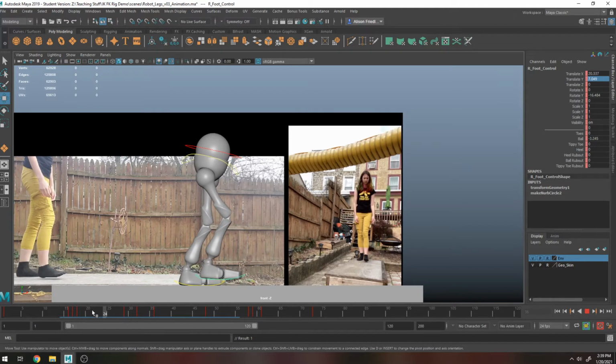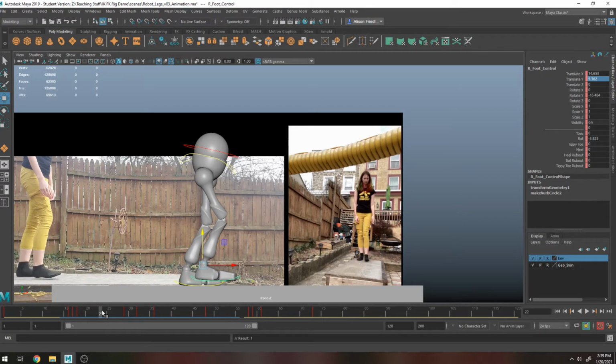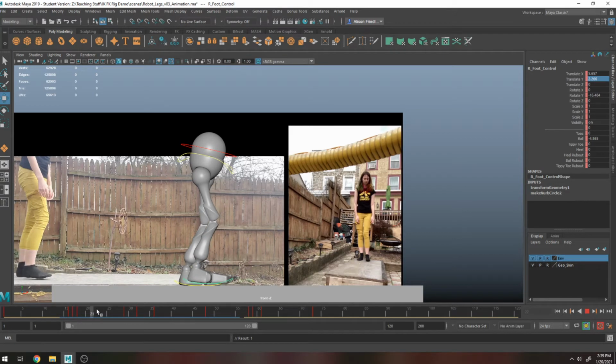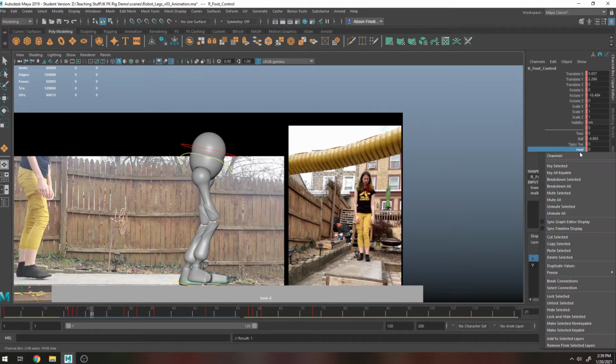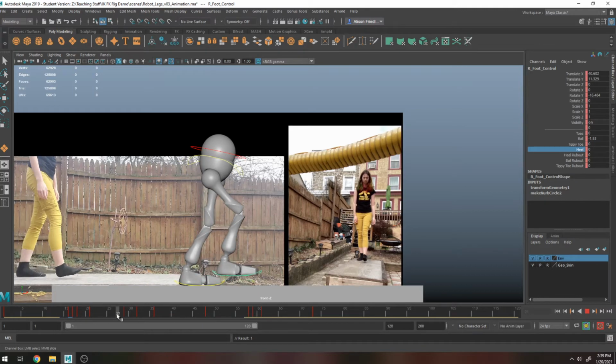And it looks like right here we're getting a little bit of rotation on the ball of the, on the heel of the foot is what I'm going for there. So I'm going to go ahead and keyframe the heel and just throw that forward a little bit. And usually I have to come through and animate